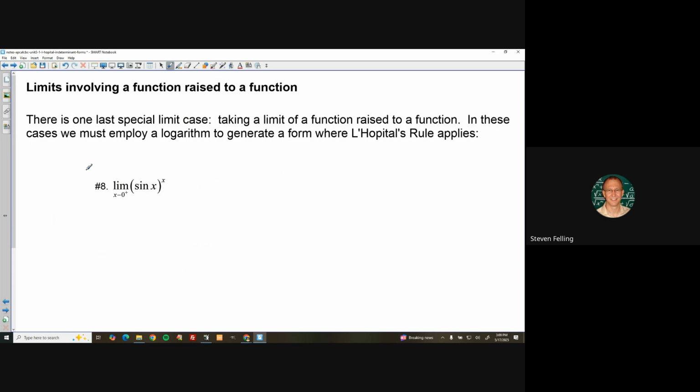Okay, one last special case. If you're taking a limit and you have a function raised to a function, we're going to do something like logarithmic differentiation. We're going to employ a logarithm. You're required to do that anytime you're taking a limit with a function raised to a function. I'm going to define a new letter, y, equal to the limit that we're trying to find: the limit as x approaches 0 from the right of sine of x raised to the x power, so that I can take the logarithm of both sides. So if I take the logarithm of both sides,